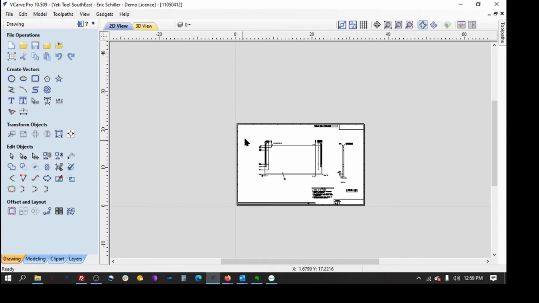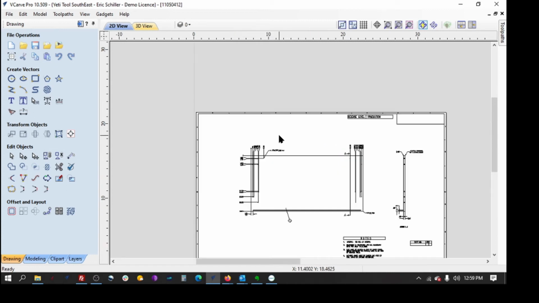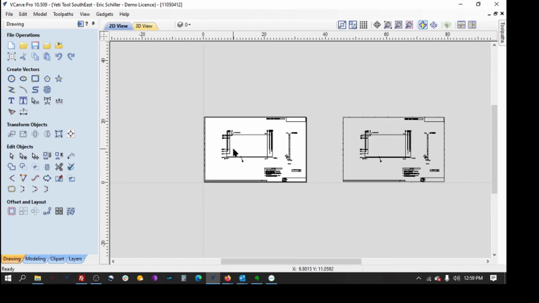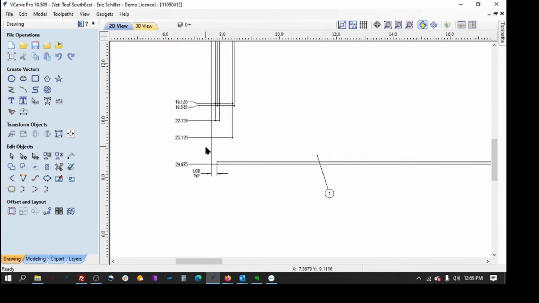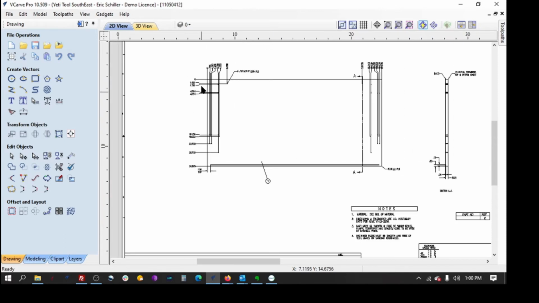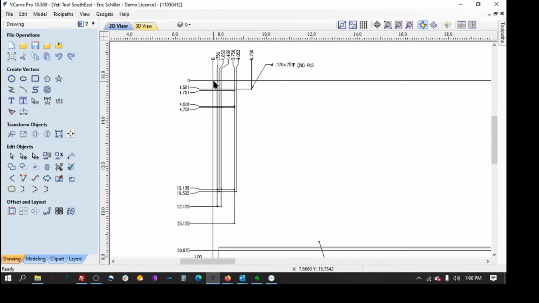But what I'm going to do is I'll do another capture, and then Control C, Control V, and then just drag it out away from where I need to work. And that way I'll have a reference here, but I can get rid of everything that I don't need. So what I need to do is get this thing scaled properly. So I'm going to grab the parts that I need, and this is, from this corner of this part to here is